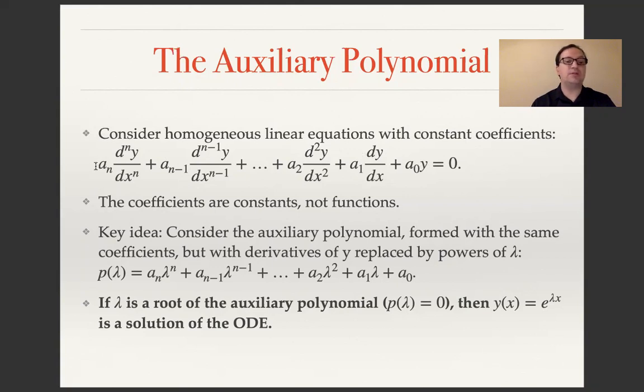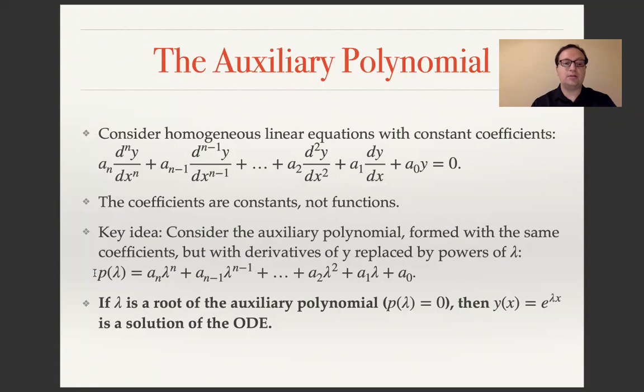And what matters here is that an minus 1 all the way up to a0 are constants. So this is an equation with constant coefficients. They are not functions. Okay, so in that case,